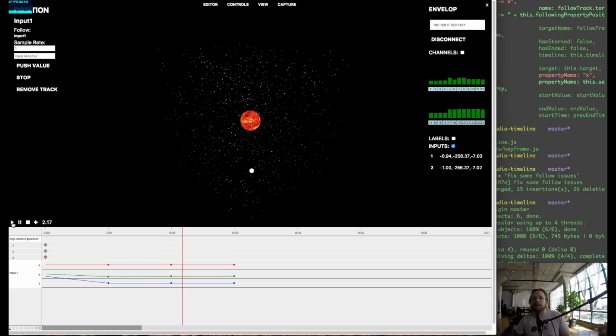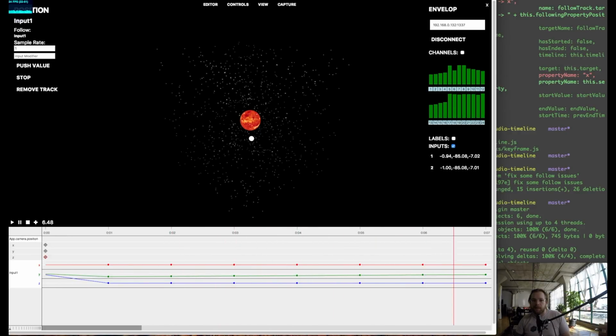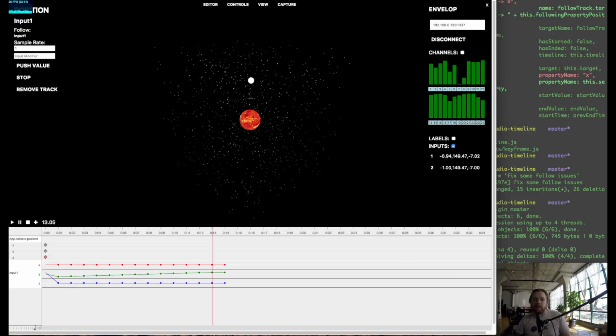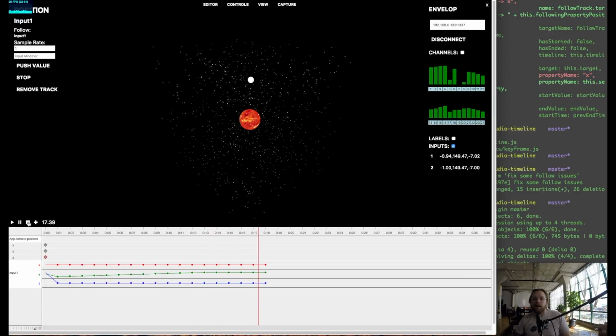Okay. Now I've started recording, and you can see that we're taking the positional data, and I'm actually automating the Z axis in Ableton Live, but the reason it shows up as Y here is because of the model that I had to